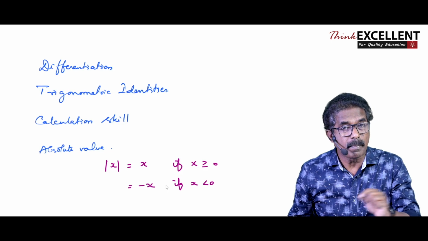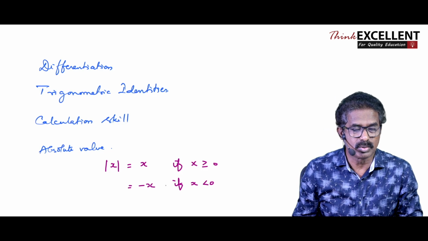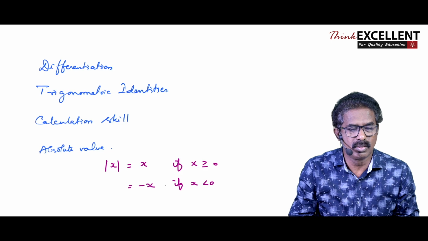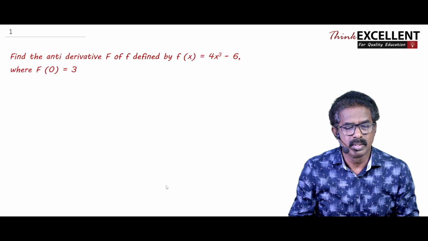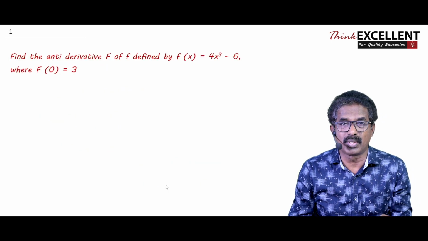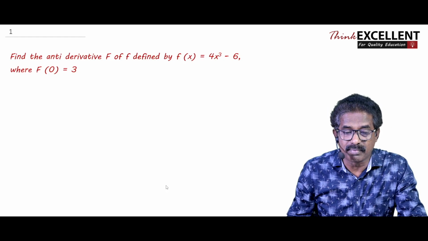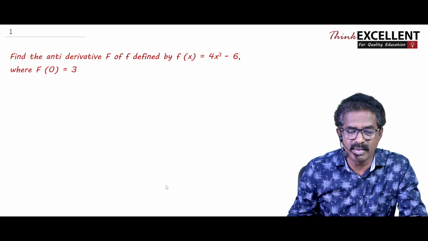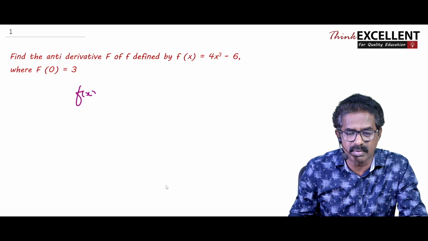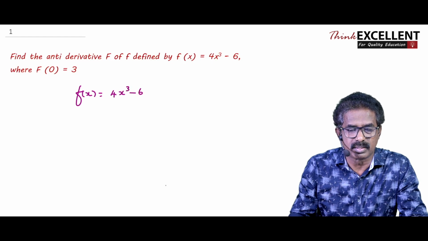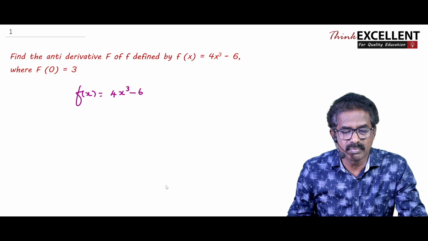Then you have to study the properties of definite integral, that part also you have to study. So we start with a few questions. The first one, find the antiderivative, integration. Find the antiderivative capital F of small f defined by f of x equal to 4x cube minus 6. A function is given, so we have to find